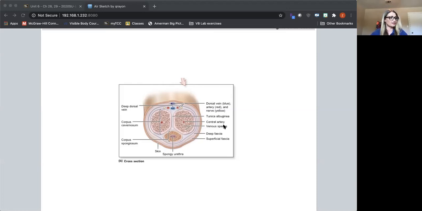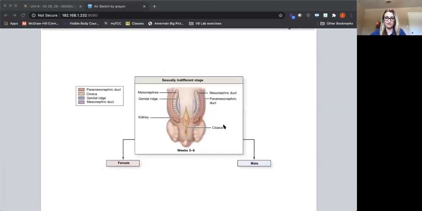Now we're going to look at the last part of the chapter here, and that is development of the internal and external reproductive structures. So if we look at this image right here, I